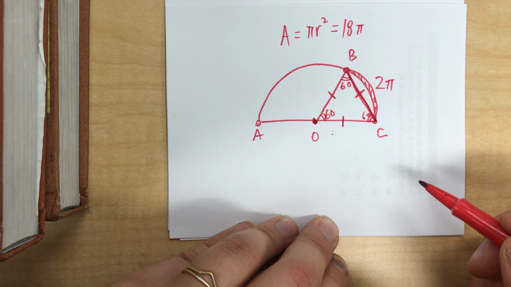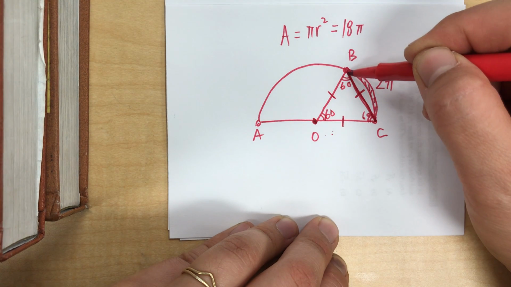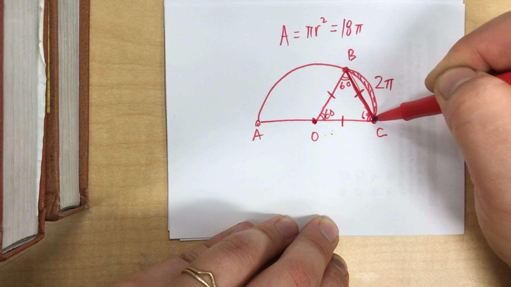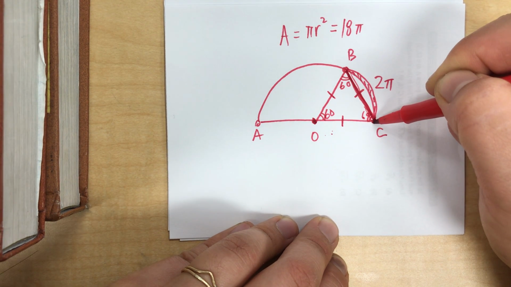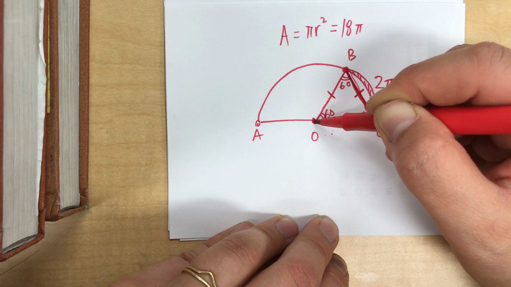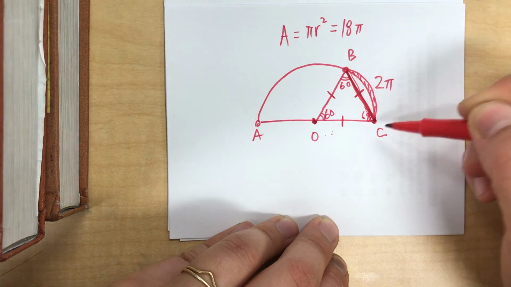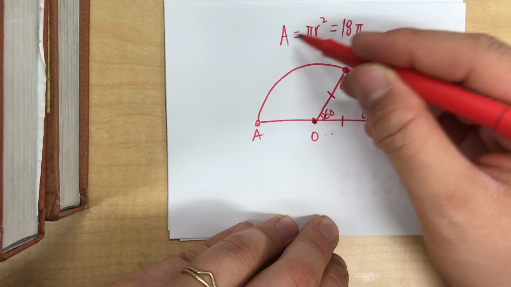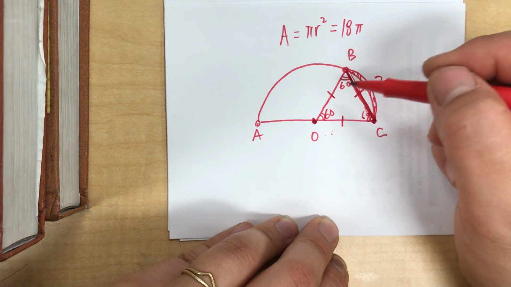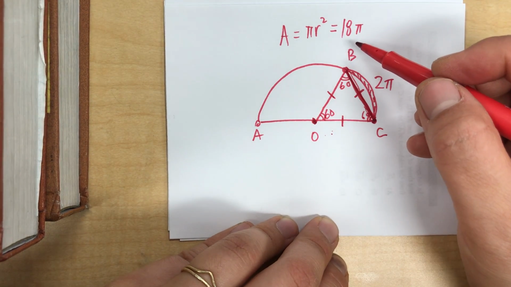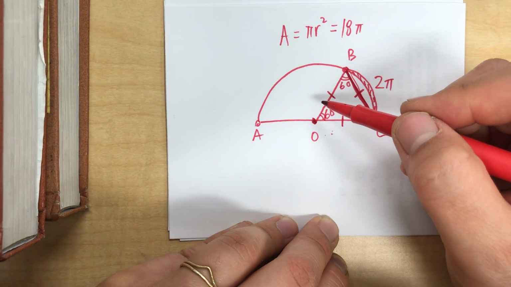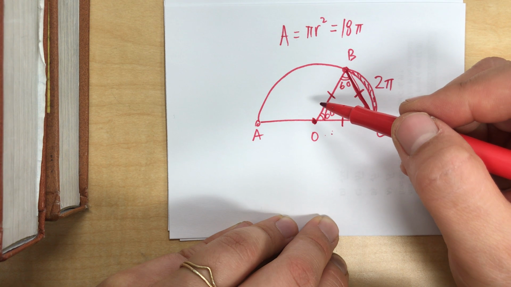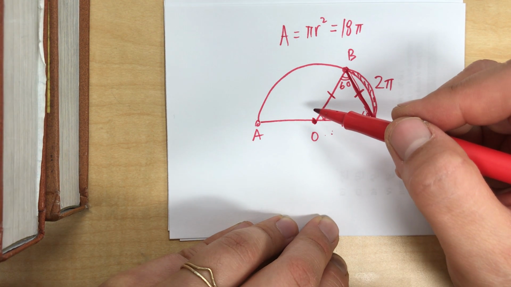So we want to know what this piece right over here is. If we want to find out what BC is, we could find out what any of the others are. Basically, BC is going to be the same as the radius. Do you guys see that? And how do we find the radius? Well, they give us the area. So if they give us the area of this circle, hold on, let me make sure that it's of the circle. The area of the semicircle is